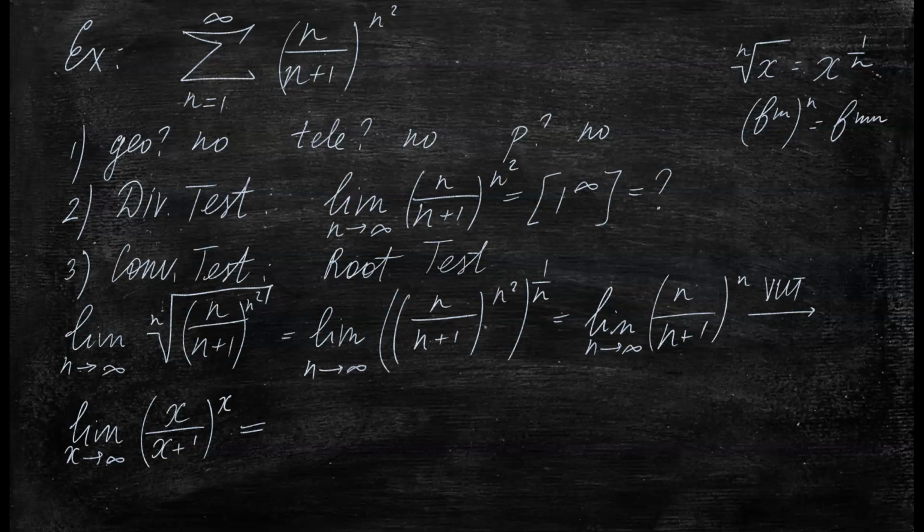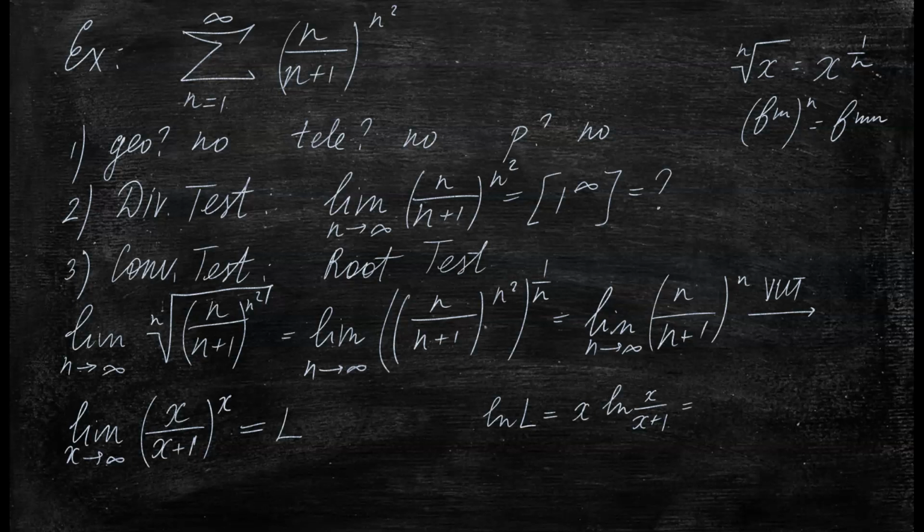And let's see, this pattern is recognizable, and I kind of want to leave it up to you to find this limit, but the hint is, we've done this earlier. If you call this limit L, then ln of L, I guess we can just do it, ln of L will be x times the ln of x over x plus 1,